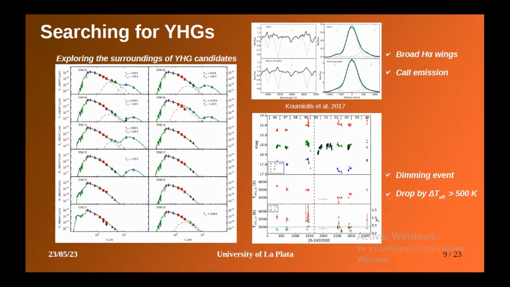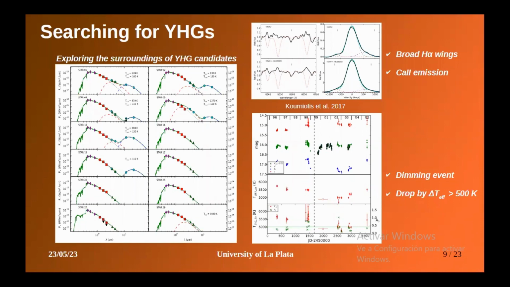And during the process, we reported a star which shows emission of cool and hot dust. It was found that it had calcium triplet in emission as evidence of an extended atmosphere, just like you saw before for VAR A, and the broad H alpha with side components. This is very good evidence for a yellow hypergiant, but most importantly, the light curve of the star is here, which when we complement it with different survey data alongside